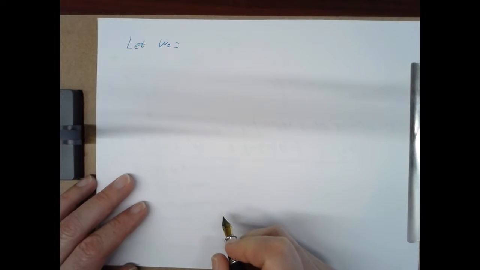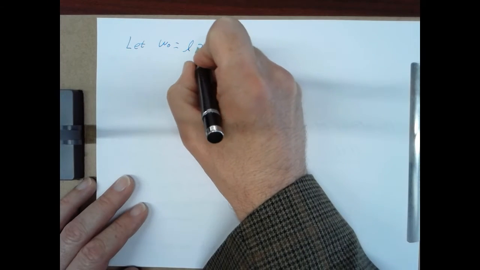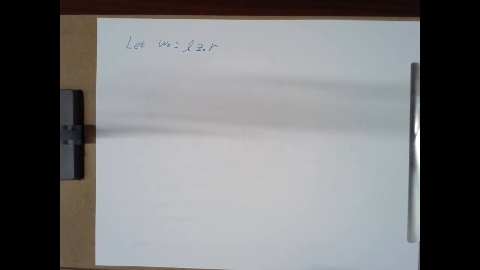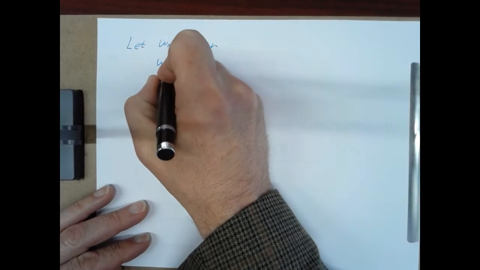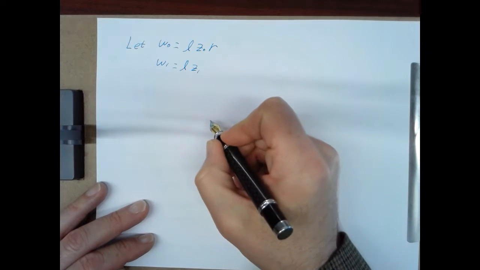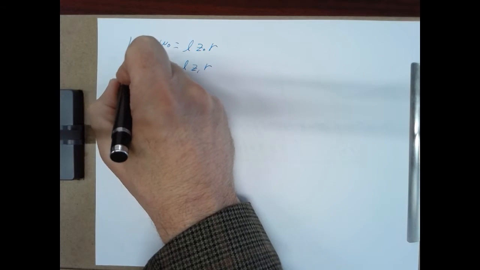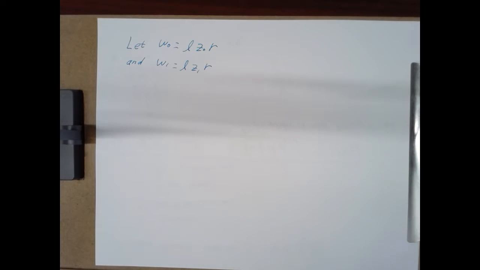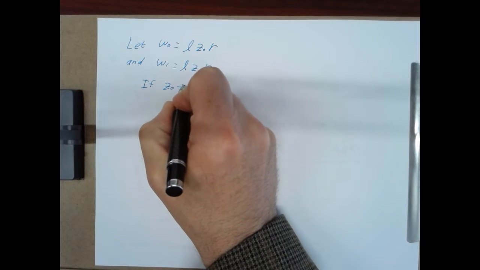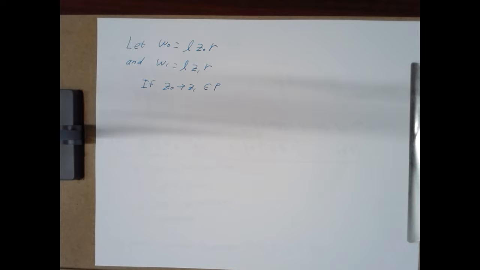So suppose we have some word W0, and it's equal to something on the left, followed by some middle part Z0, followed by something on the right. And suppose we have another word, W1, which is the same stuff on the left, followed by some different middle part, Z1, followed by the same stuff on the right. So if we have a production rule for changing Z0 to Z1, so if that rule is part of our production set,